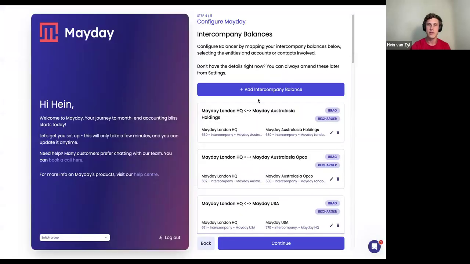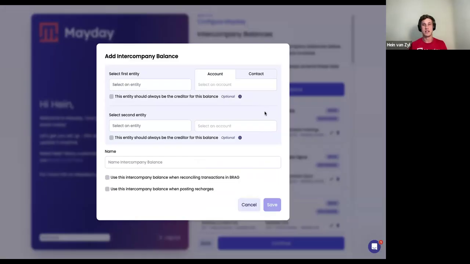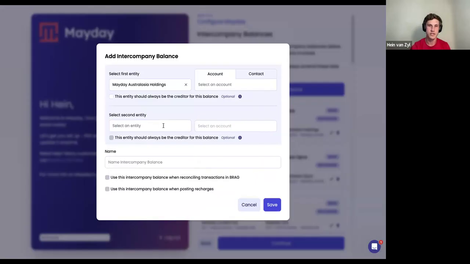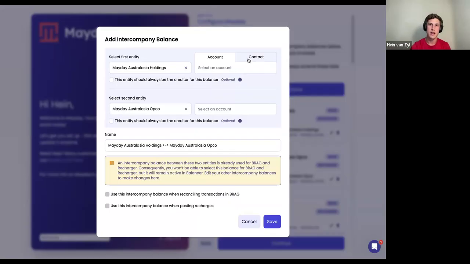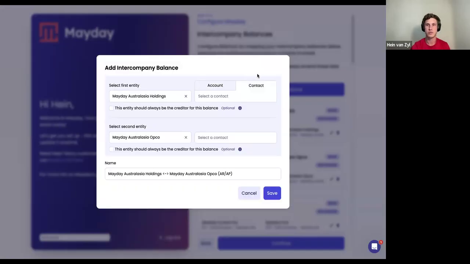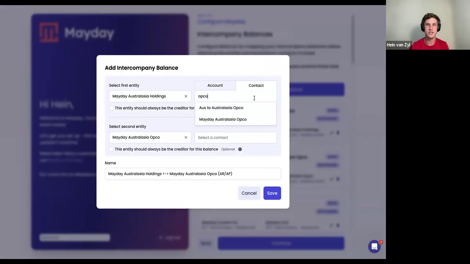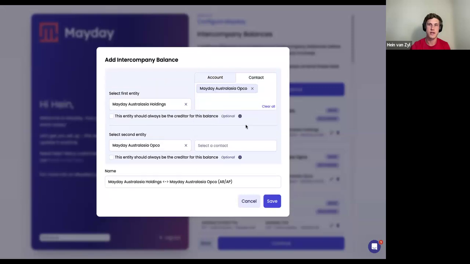It's worth knowing as well that you can do intercompany balances on an AR and AP level as well. So this is specifically where there's an invoice and bill between entities. So in our example, I'm just going to choose Mayday Australasia Holdings and then Mayday Australasia OpCo. And when you want to set up the AR and AP, you just need to jump over to contacts at the top right-hand side there. And now we're pulling through all the contacts you have within that specific Xero file. So you can just search for your OpCo entity. So I want to choose Mayday Australasia OpCo as the contact for Mayday Australasia OpCo. And in Mayday Australasia OpCo, I'm going to choose Holdings